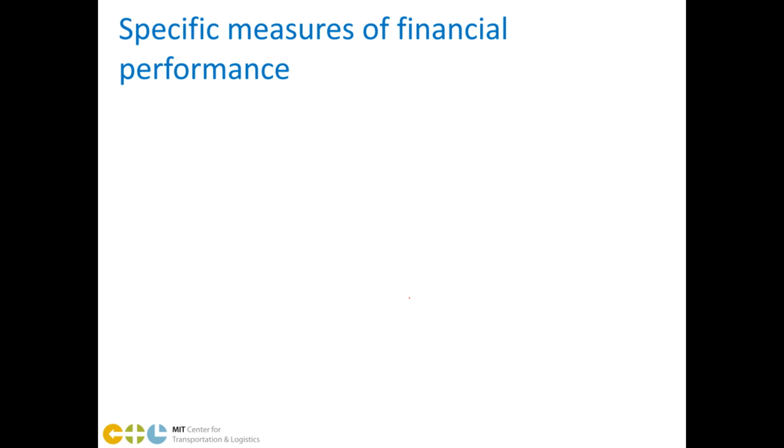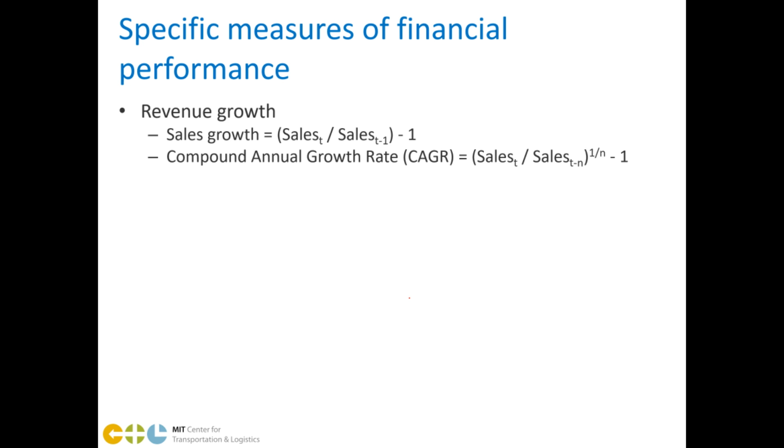So we have some high-level measures. We may want to think about some more specific measures, and let's align these with our different drivers of shareholder value. So first of all, revenue growth. This is pretty straightforward. We may want to calculate the sales growth from one period to another. So if we have period T minus 1, we divide those two and subtract out 1, so we get a percent. So let's say we had 100 in last period and we have 110 this period. We divide those two, we get 1.1 minus 1 equals 0.1,